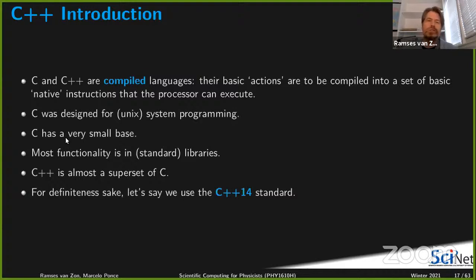So if you wanted to write to screen, there was a library for that. If you wanted to compute the square root of something, it's in a library. It's not part of the language. C++ builds upon that and tries to improve some of this very low-level stuff, and we'll just be using that